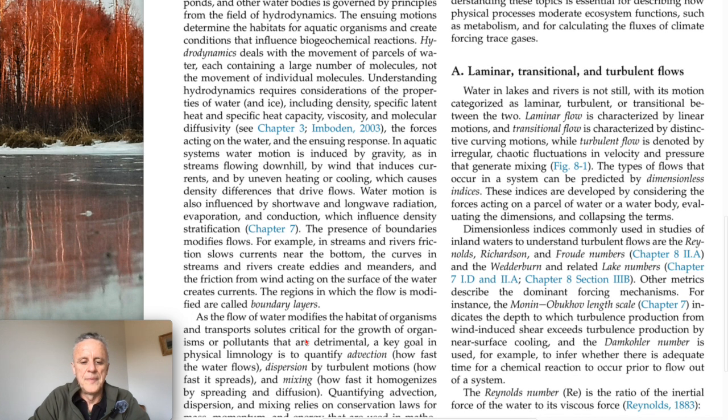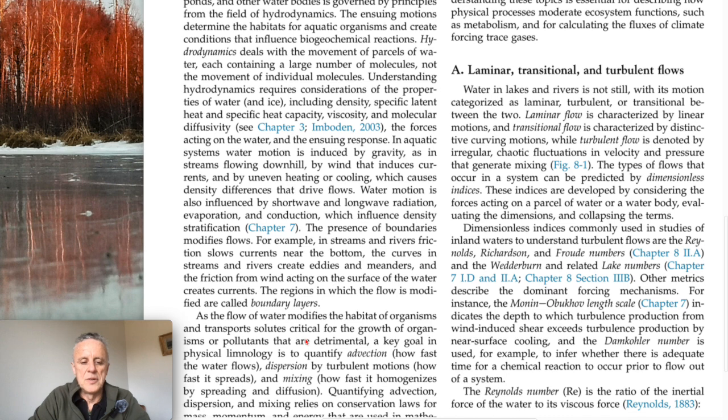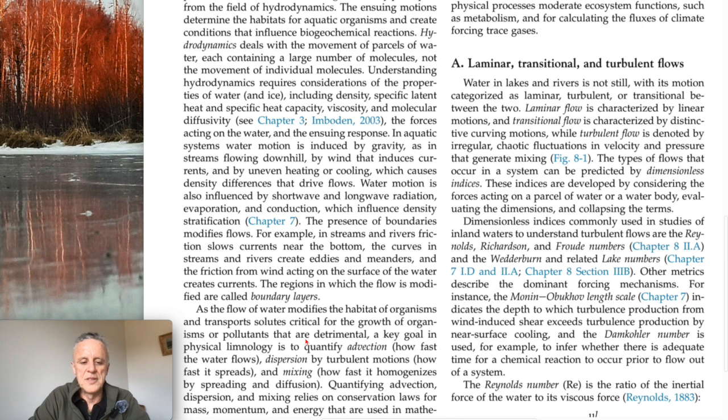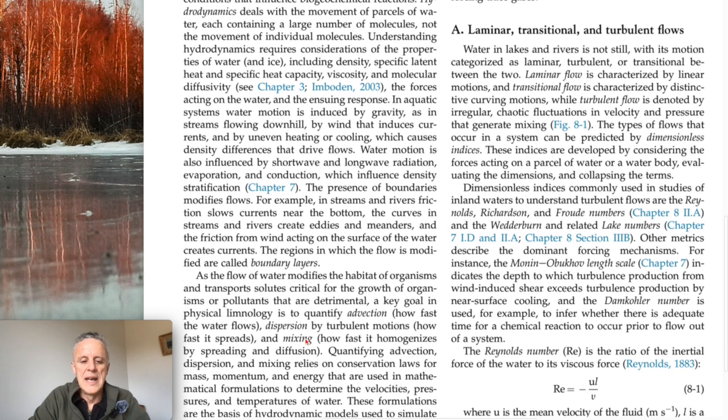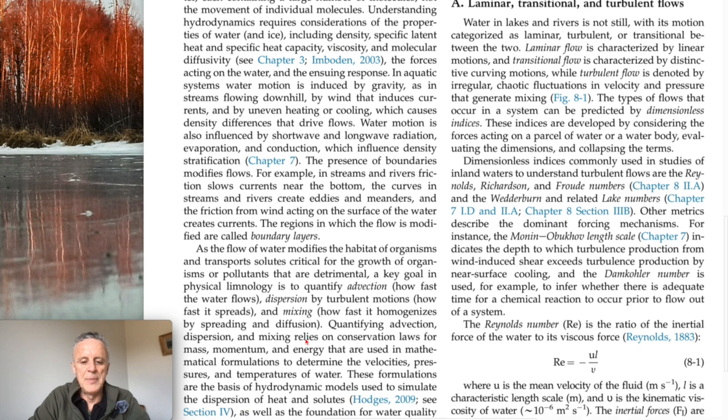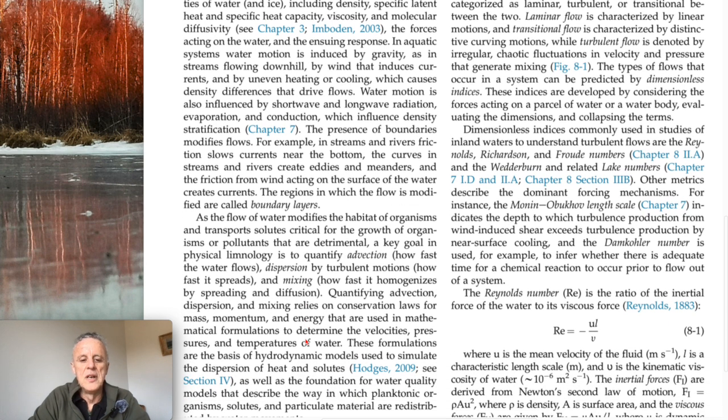For example, in streams and rivers, friction slows currents near the bottom. The curves in streams and rivers create eddies and meanders, and the friction from wind acting on the surface of the water creates currents. The regions in which the flow is modified are called boundary layers. As the flow of water modifies the habitat of organisms and transports solutes critical for the growth of organisms or pollutants that are detrimental, a key goal in physical